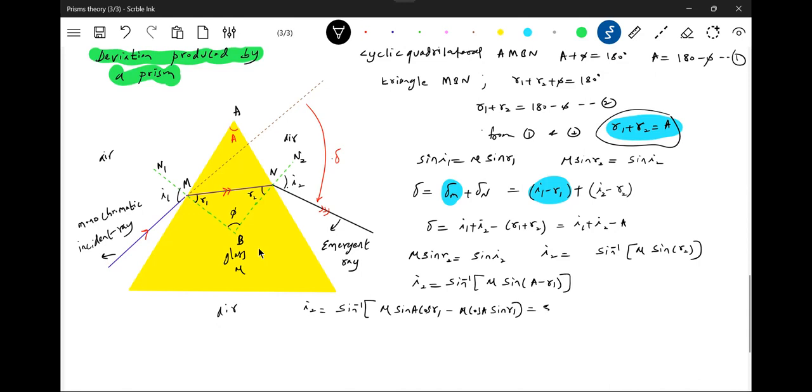Or this will become sine inverse of mu sine A times cos R1, which will be root of 1 minus sine square R1. Sine R1 will be sine I1 by mu. So the expression for I2 will be sine inverse of, sine square R1 will be